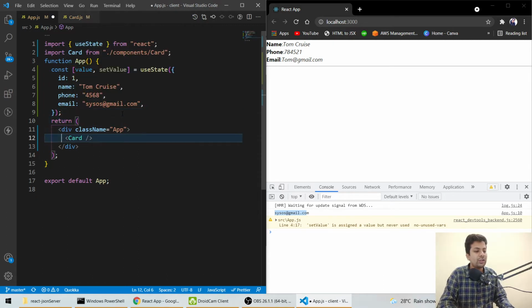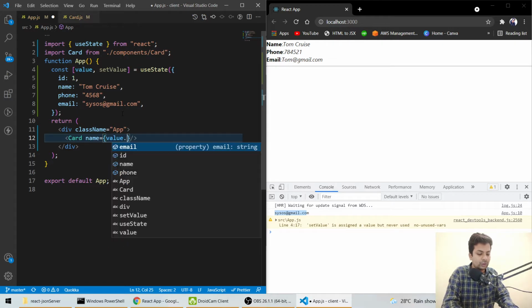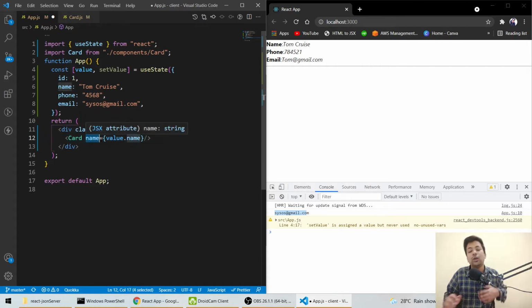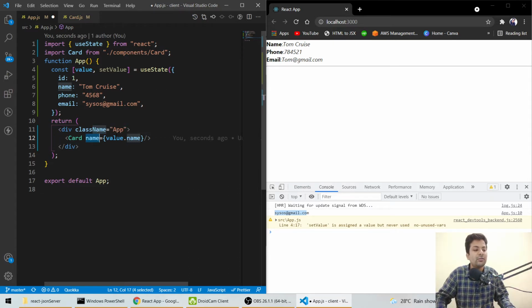So we'll say we want to send name, and it's in value.name. See, we have to write this parameter, or you can say attribute, whatever, like a variable which we receive as name only.